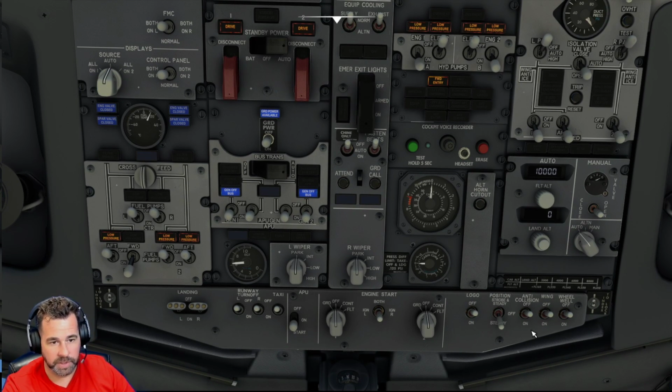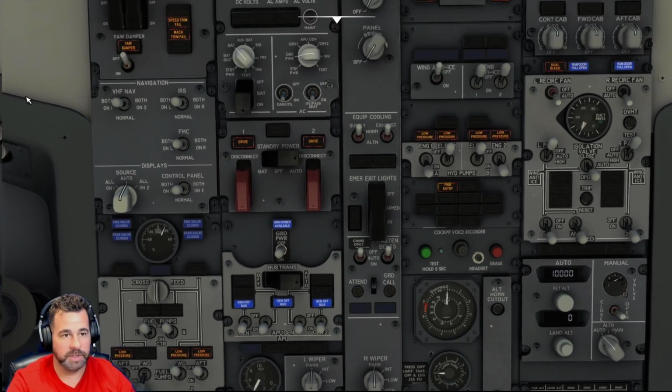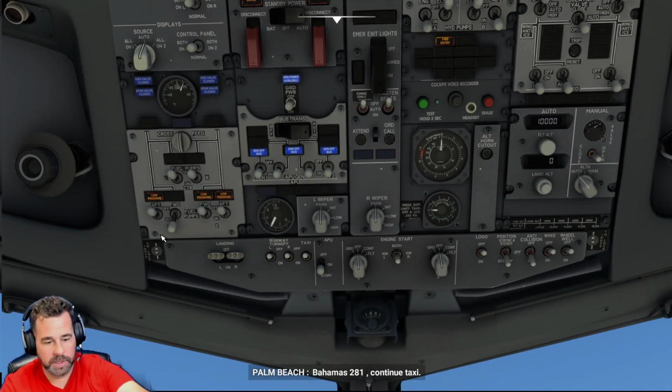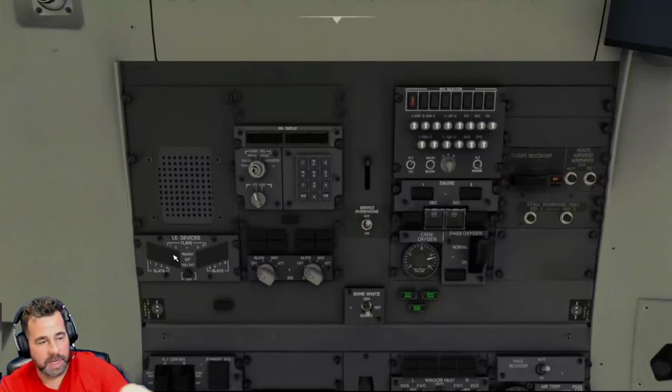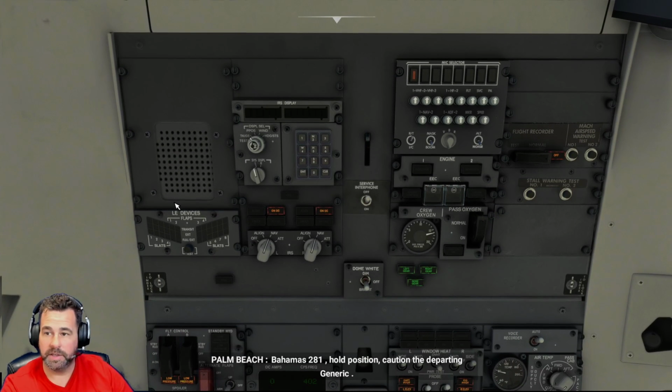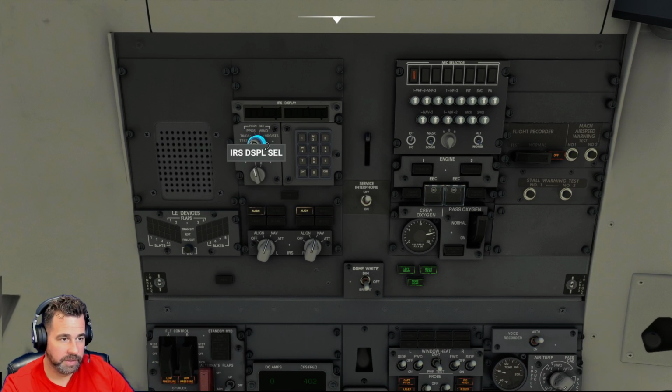In the meantime, we can go ahead and turn on the navigational light, and this is already preset to let people know. Well, that's the logo light, sorry. We're gonna just put on the anti-collision to let people know we're gonna start up the engines shortly here. And now that we have the APU getting ready to fire up, we'll climb up to the top panel here and put on the navigational system, get that in line, because we're gonna need that in a minute here. And then we'll just click this over to,